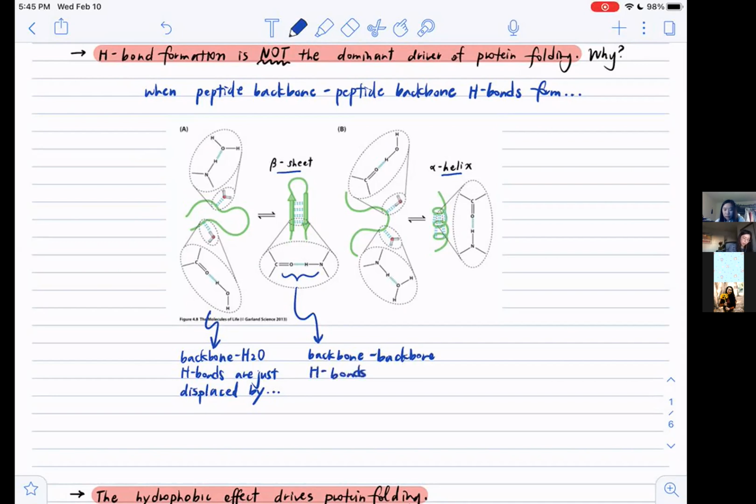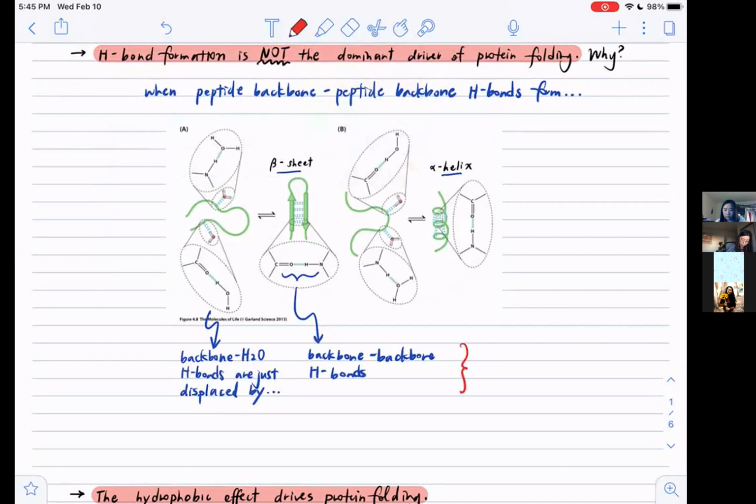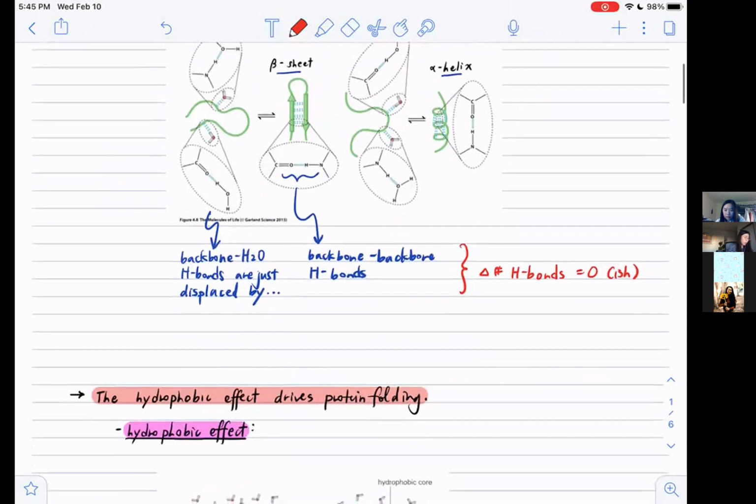And so the result of that is that the change in the number of hydrogen bonds is roughly 0, or there's not much change. And so this results in not much net gain in hydrogen bonding energy